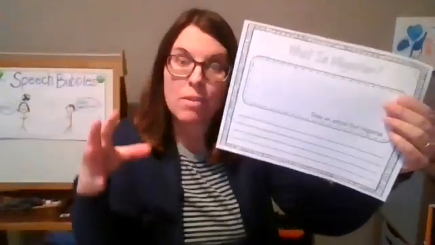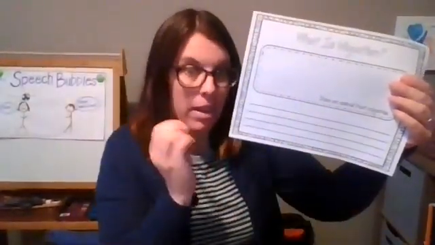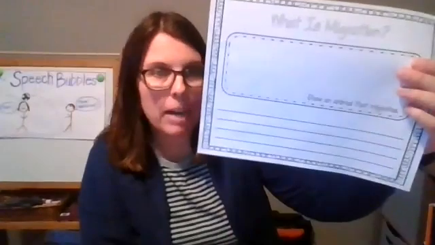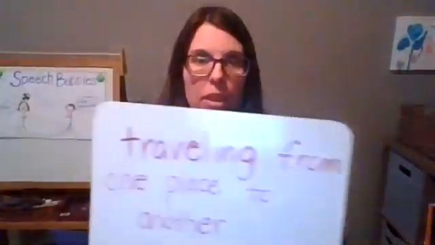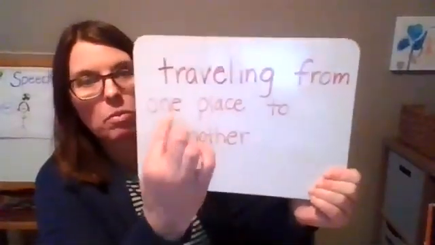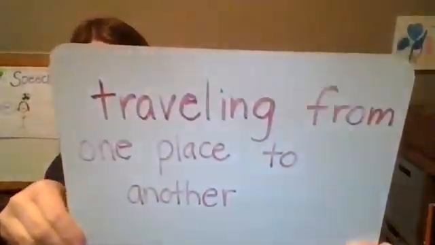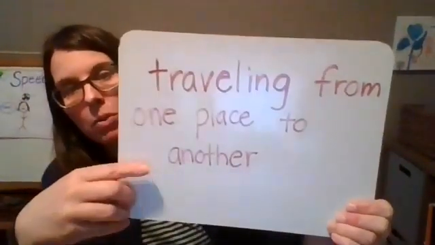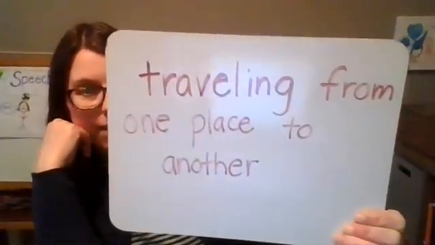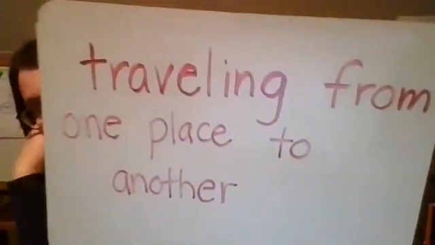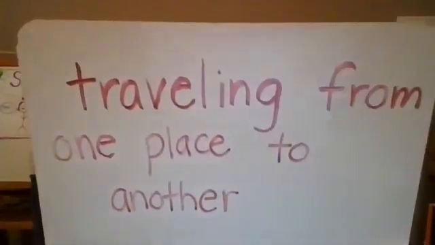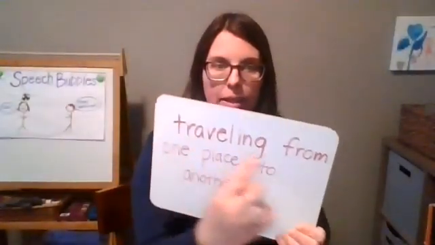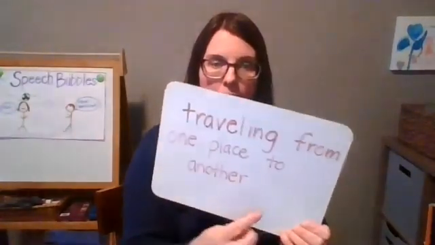It's when animals travel from one place to another. And usually they do it at a particular time of year. So you can add that detail too if you want. I have it written on my whiteboard here for you to copy if you'd like to. And I wrote traveling from one place to another. Okay, so you can pause me if you want to copy my words. Okay, traveling from one place to another. Write that right on your lines. That's migration, traveling from one place to another.